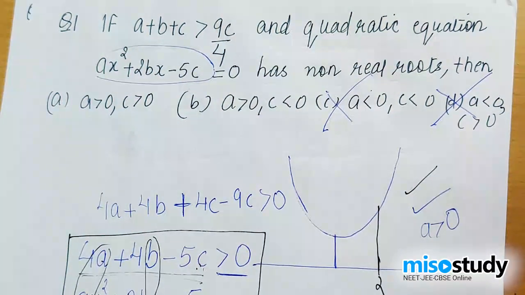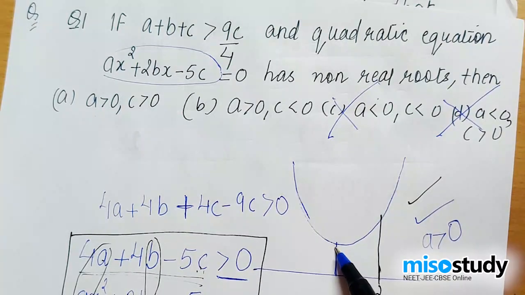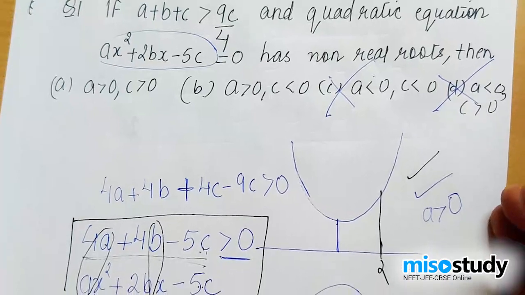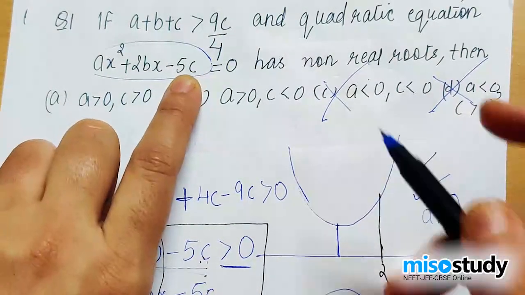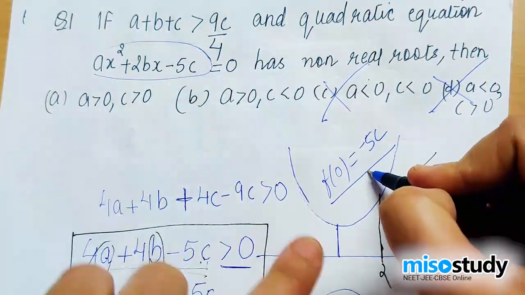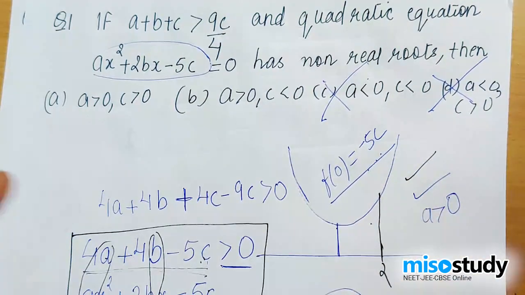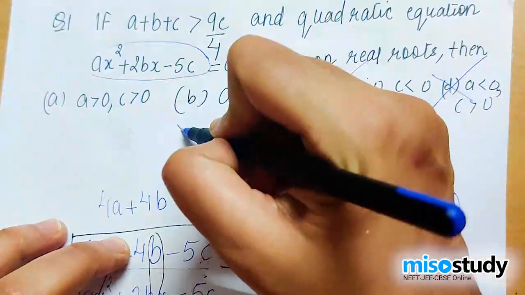Now minus 5c can be negative or positive depending upon the value of c. If you take c to be positive, this will become a negative value. And if you take c to be negative, then negative gives you a positive value. But we need the positive value of f of 0 because we have chosen the upward parabola to be the correct parabola. Therefore, your c should be negative, because your f of 0 is minus 5c. So in order to make f of 0 positive, since this is the parabola which is the correct parabola, you have to have c negative so that f of 0 becomes positive. So the correct answer is option number B.